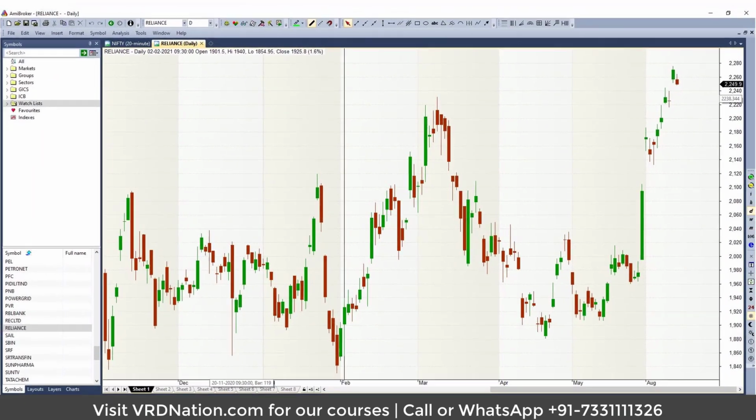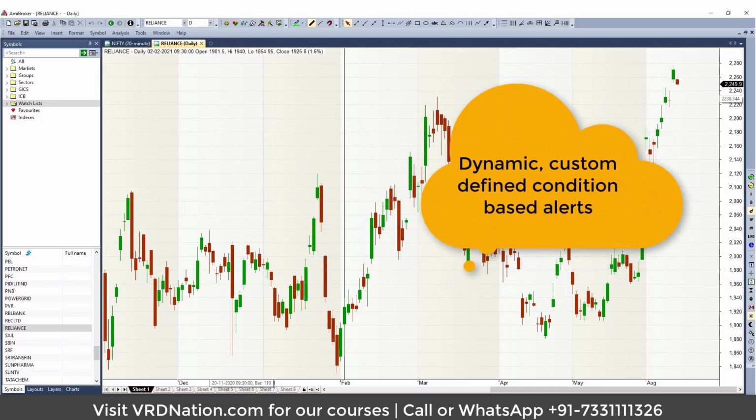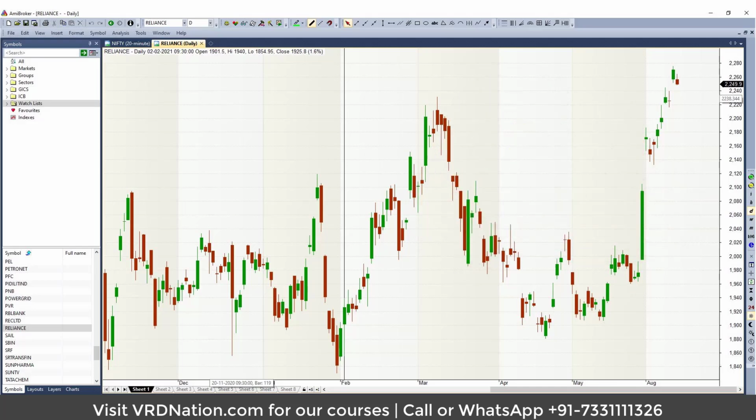And I really mean a lot when it comes to alerts. You can create pop-up alerts, you can create sound alerts, you can create email alerts, SMS alerts. I mean, you name it, you can make it. And the condition on which you want to trigger that alert can be purely custom defined. I mean, it can be as simple as, let's say, price-based alerts, or it can be based on some advanced criteria such as strategy-based alerts or a chart pattern-based alert, or something based on a buy signal or a sell signal, or based on a technical indicator. So whatever criteria you can think of based on which you want to create alerts, you can do that in Amibroker.